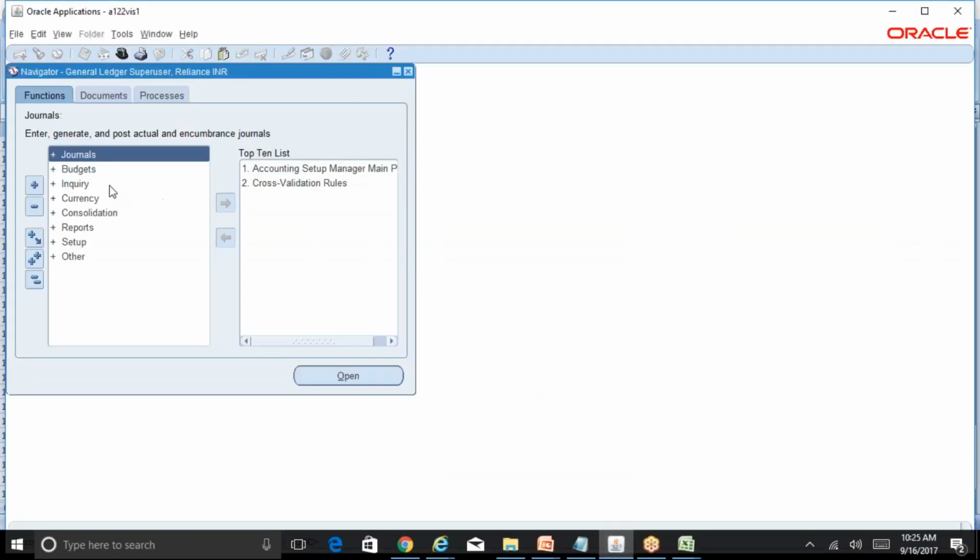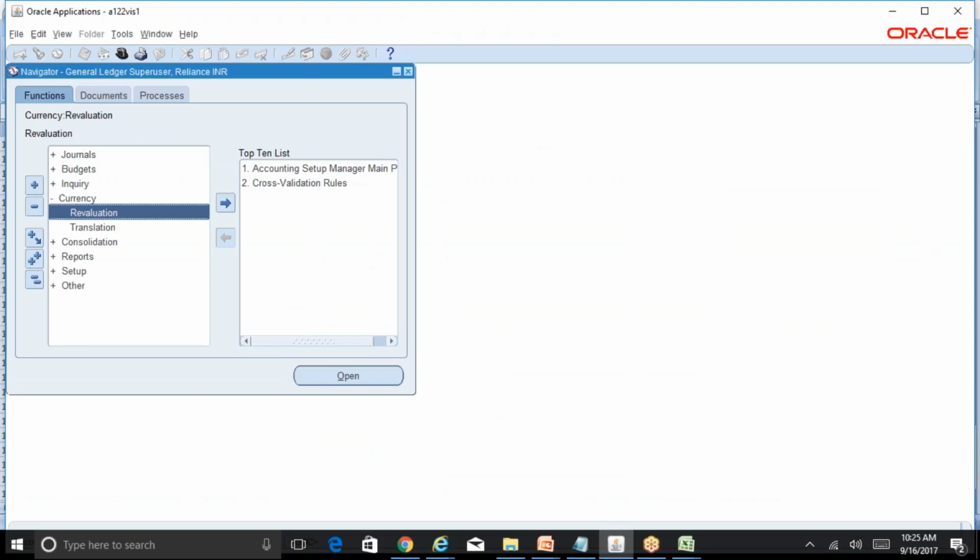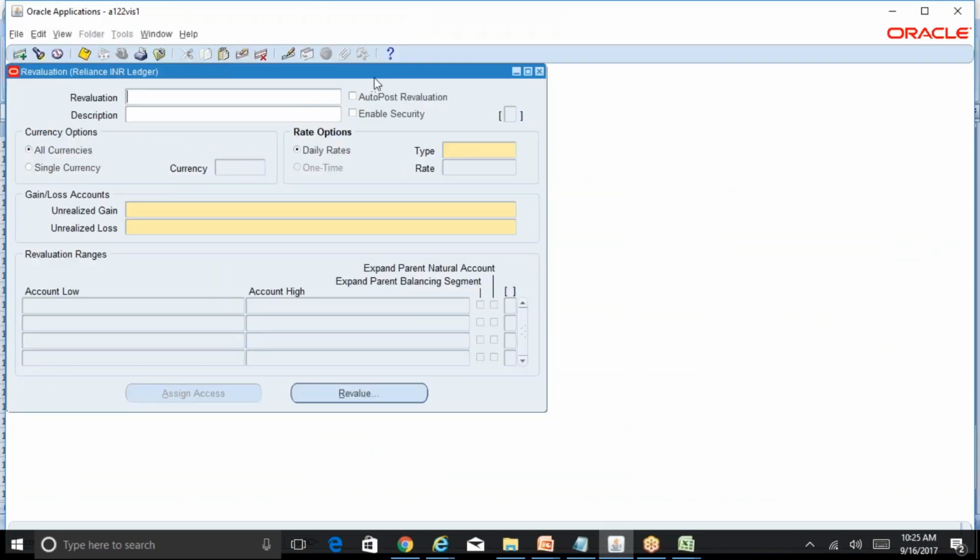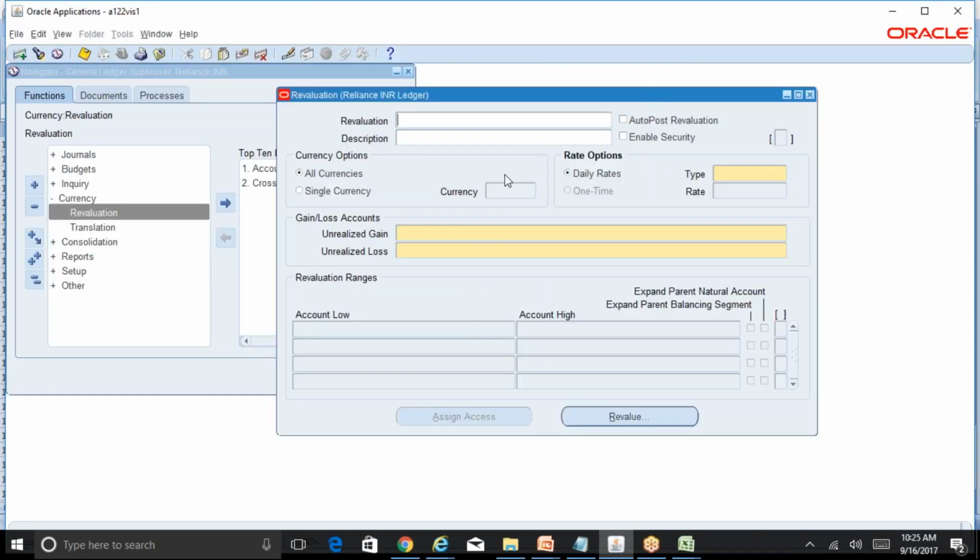Currency revaluation. So this is the screen wherein you define your revaluation template. You can just say Reliance current assets reval template. And whether you want to do a revaluation for all the currencies, so in this example USD, GBP, euro, and other currencies, or a specific currency. So we'll just say specific currency,